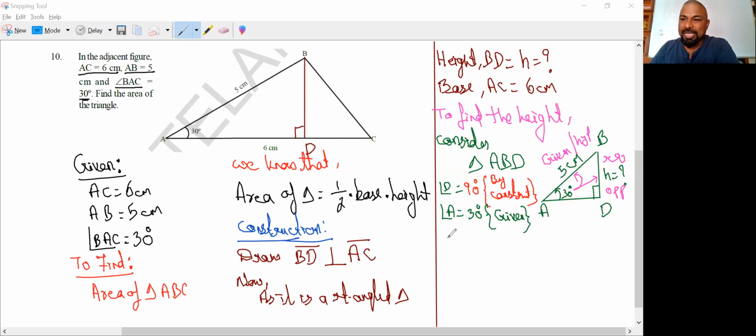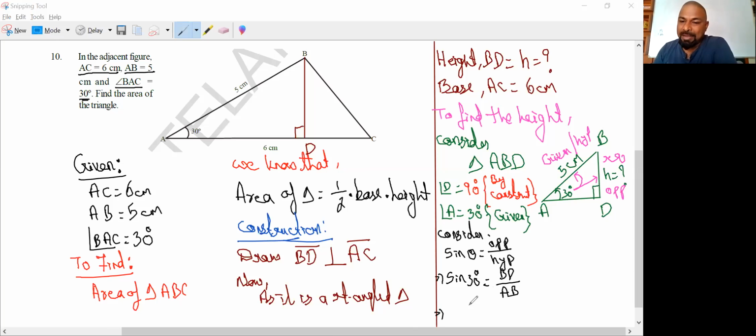Right. So Farah, can you please tell me what is the trig ratio which is connecting opposite side and hypotenuse? Sin theta. Yeah. So consider sin theta. What is the meaning of sin theta, Farah? Opposite by hypotenuse. Yes. Now we have taken the perfect trig ratio to find the value of H. Now let us substitute the values. Theta is equal to how much? 30 degrees. What is the opposite side? Is it BD? Yes, sir. Hypotenuse AB.